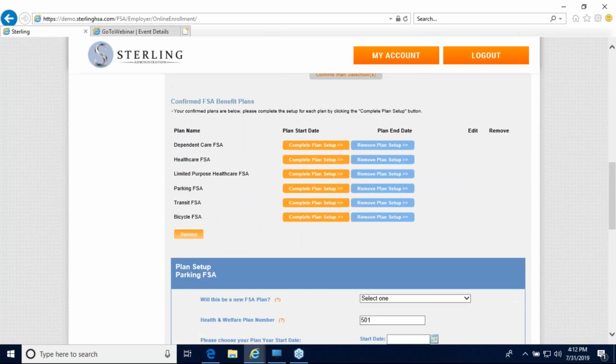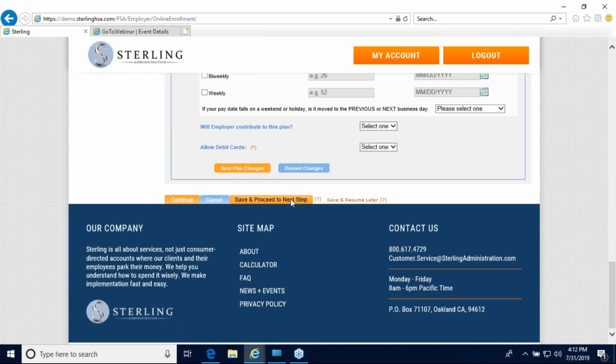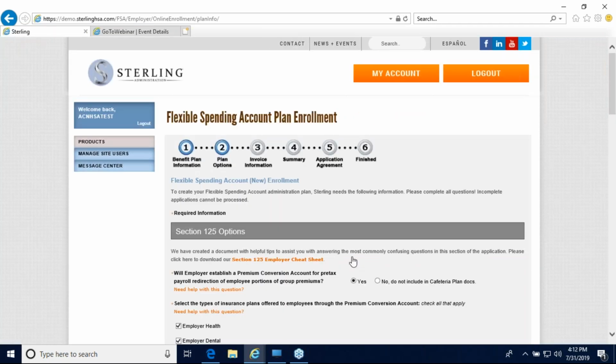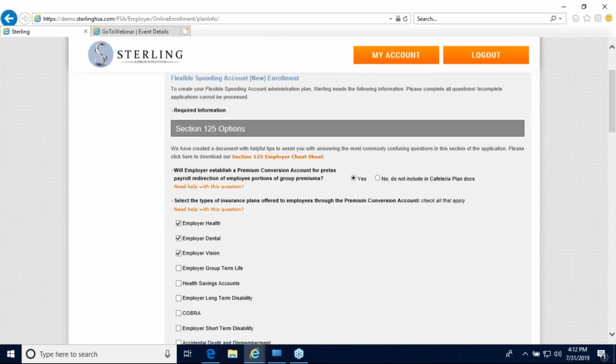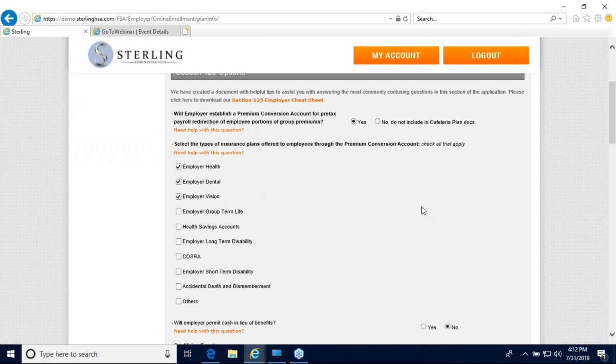All right. Well, after you finish this section and complete all of your plan designs, it'll take you to the next section of our website where we're going to capture your contact information as well as section 125 options. So if you do choose to offer pre-tax premium deductions for your FSA account,